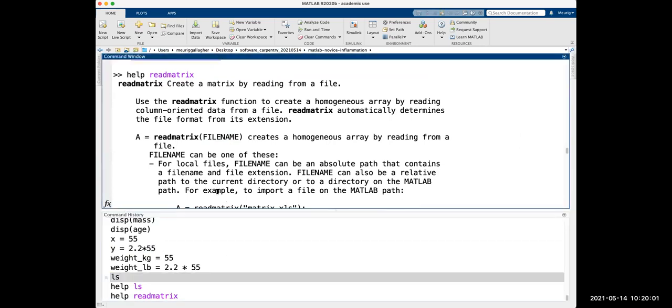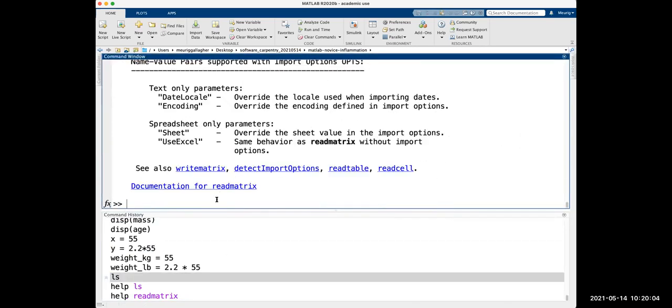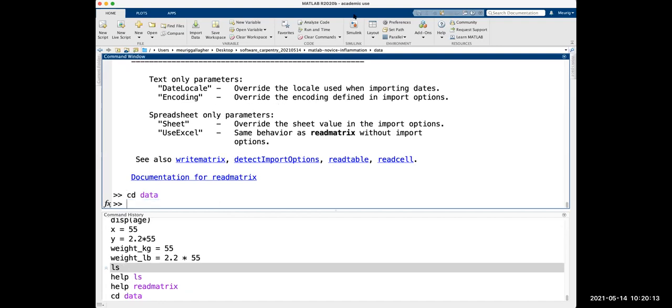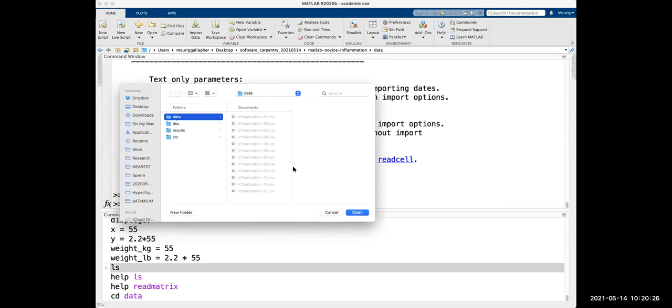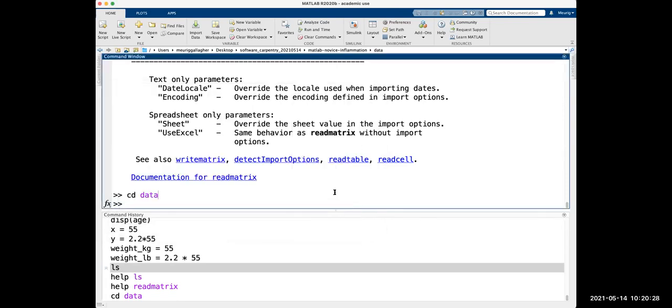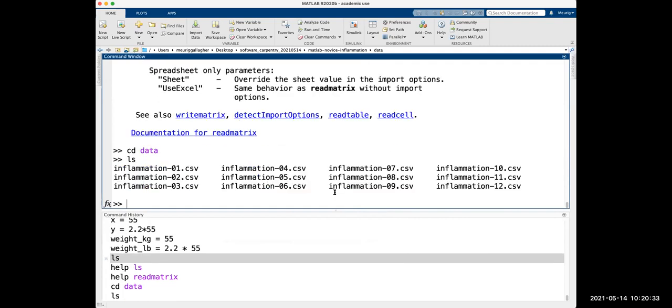So if we scroll back down, we can move into our data folder. So we can type cd, current directory, data, and hit enter, and you'll see up the top that we've moved into our data folder. You could have done that by double clicking on the folder in the current folder window, or by clicking this button up here and navigating via the GUI. And then if we want to see what the files are, we can use this ls command that we've already used.